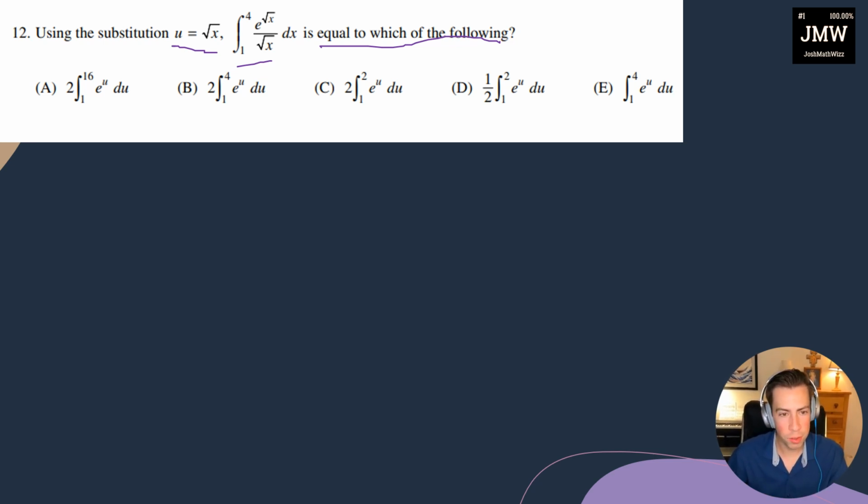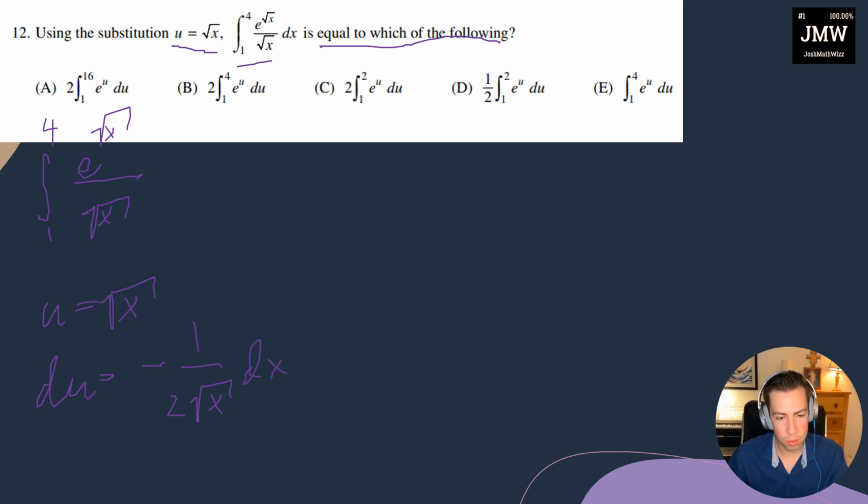Okay, so the first thing we can do is let's just write out what it was initially. So it's the integral from 1 to 4 of e to the square root of x divided by square root of x. Now, if I have u equals the square root of x, I know that du is going to be equal to negative 1 over 2 times the square root of x, and you can just use the power rule for that,